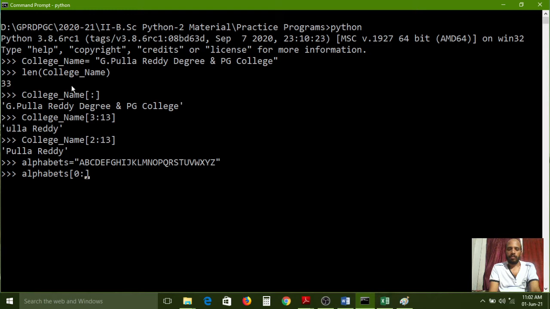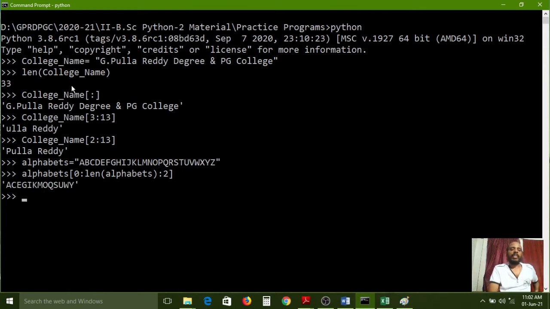and the end is, how many characters do we have? If you don't know the end, then in that case we can use the length function directly here. So for alphabets, first it will find out the length and use it as the end value. And next, the step value: I don't want to print every second value. All of you carefully observe what output we will get. Then only, if you see that output, you will get an awareness of what the step is, what the functionality of step is.